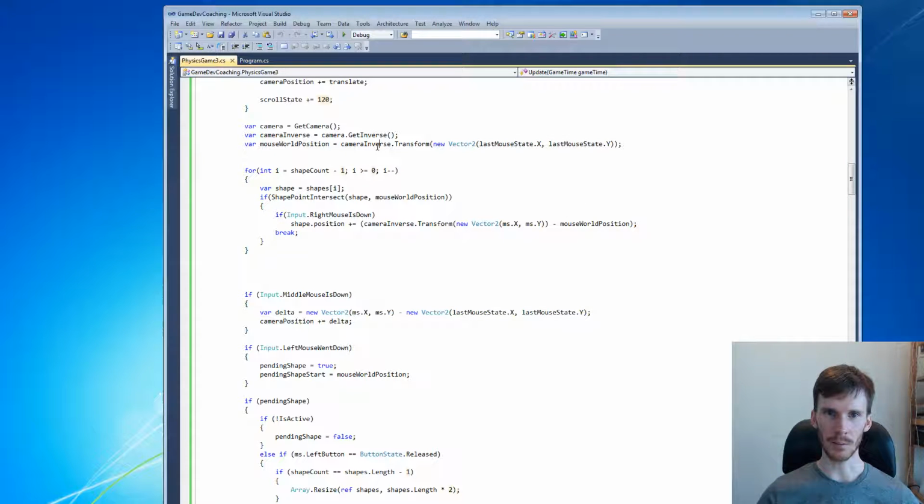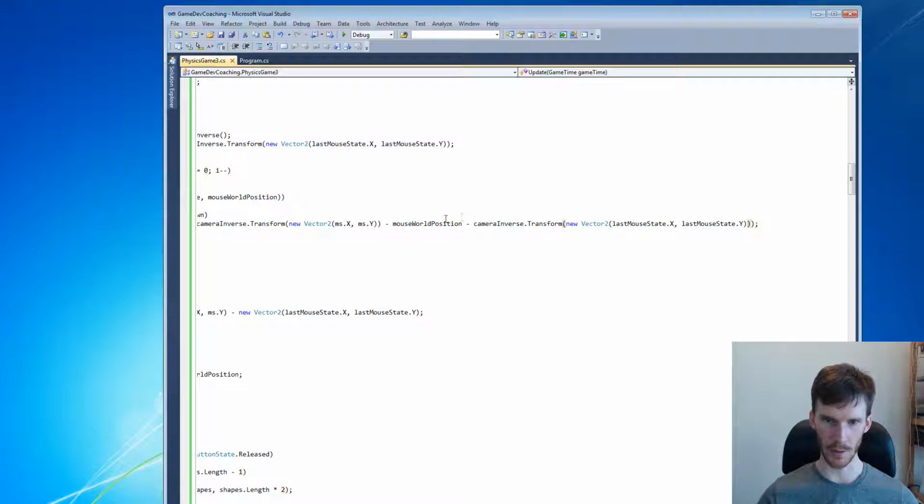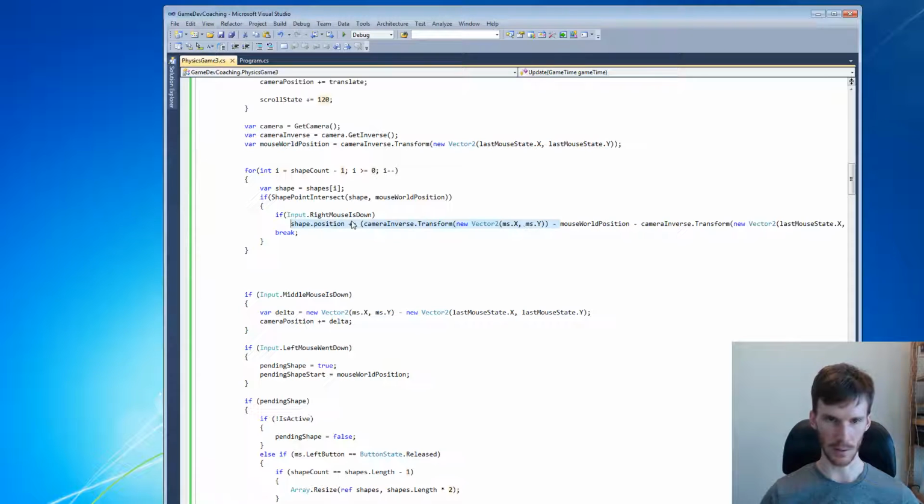So this is the one case where we actually want this one. Mouse world position minus what it was previously, and then that can go away. Sorry for the rat hole here. Okay, so